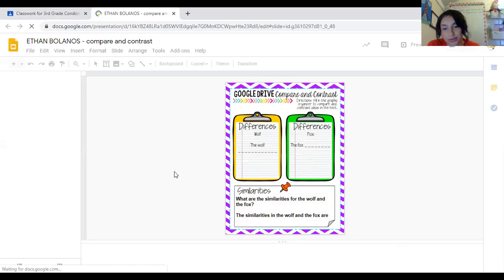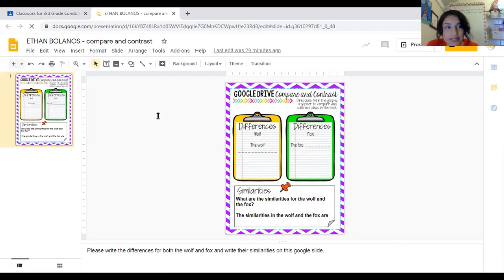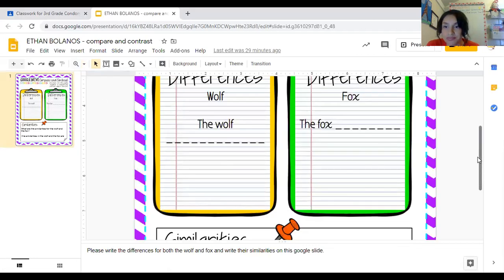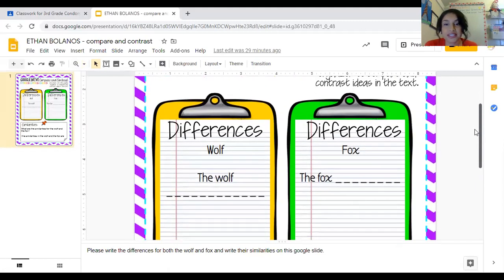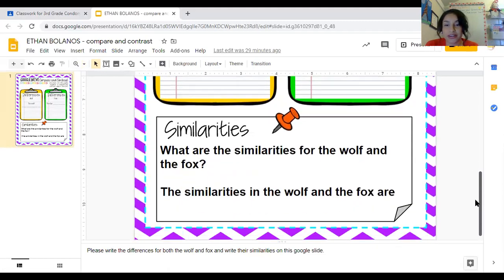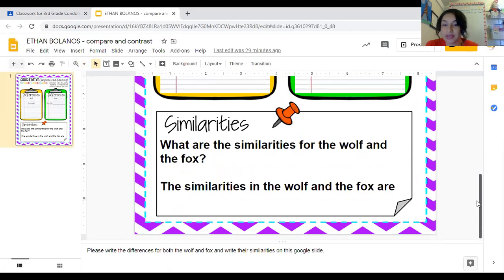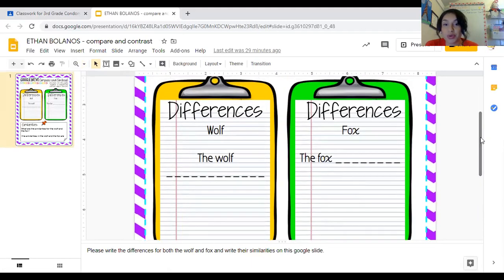Oh, you'll notice it's super tiny, right? I can't type on this, Miss Aldana. What are you making me do? Well, you can go to 100. I'll zoom it in. And then finally, here you have your differences and your similarities. Just what I did with the prince and the three oranges, but you're going to do it with the wolf